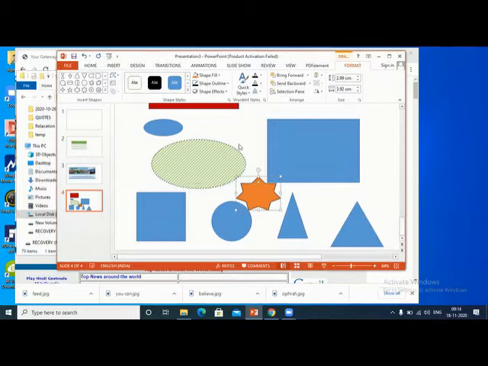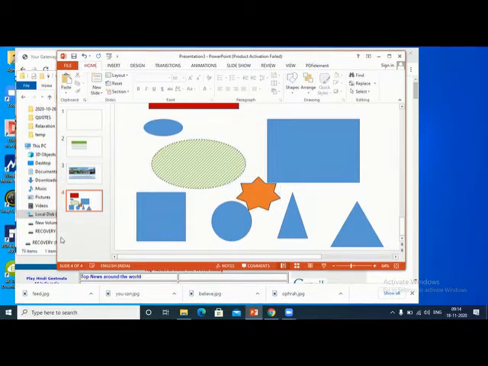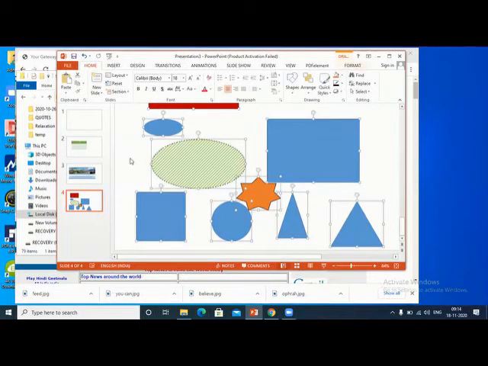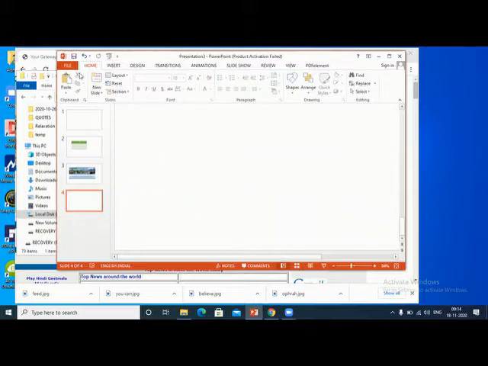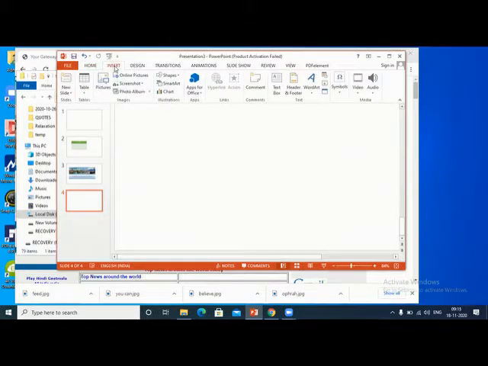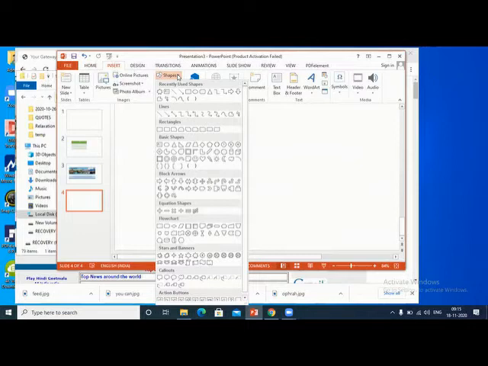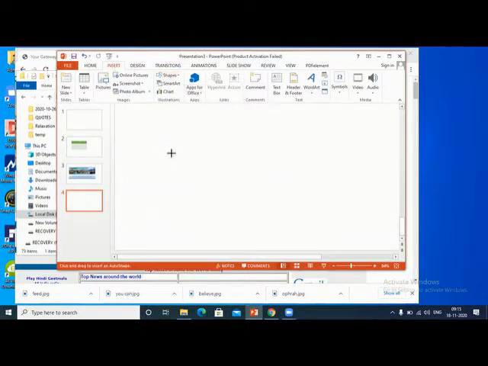Okay. Now let me select all, delete. Suppose I go to insert, shapes. I selected one rectangle here.